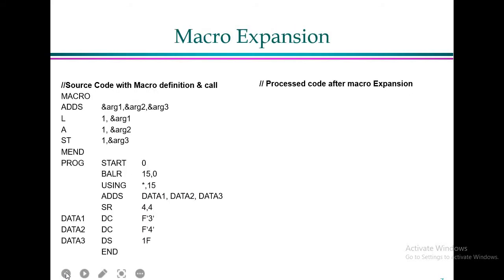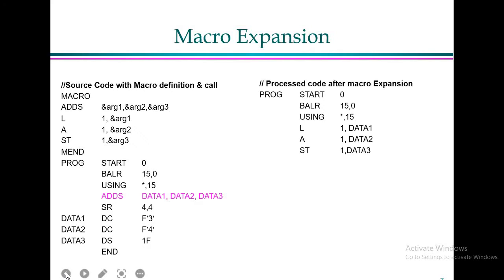on the right hand side we are seeing the processed code after macro expansion. So it will start from the START pseudo-code, START BALR, using these are the pseudo-codes which you have to write down as it is. After that ADDS is nothing but your macro. Instead of writing this ADDS, you have to write the definition of the macro. So what is the definition that the macro contains? This LAST. So you have to write down